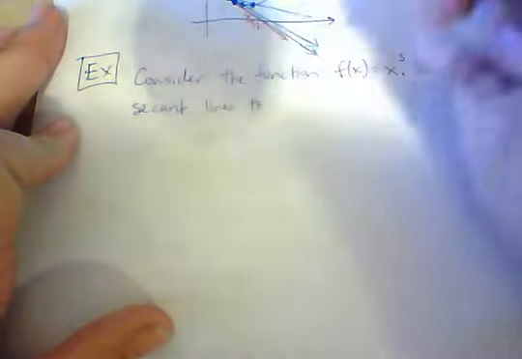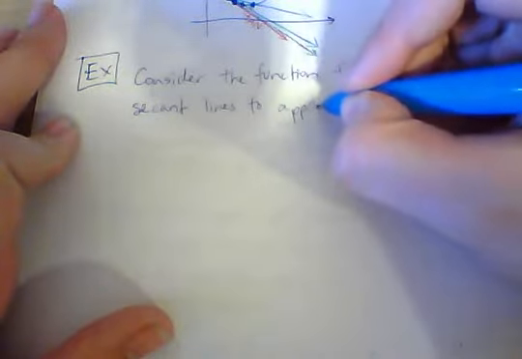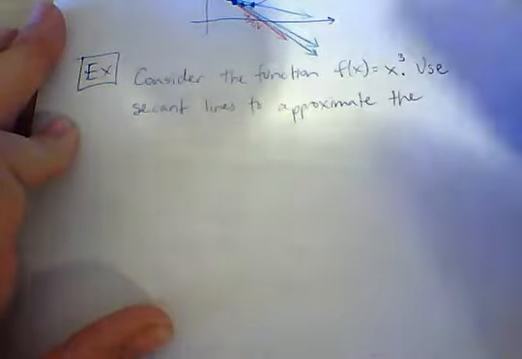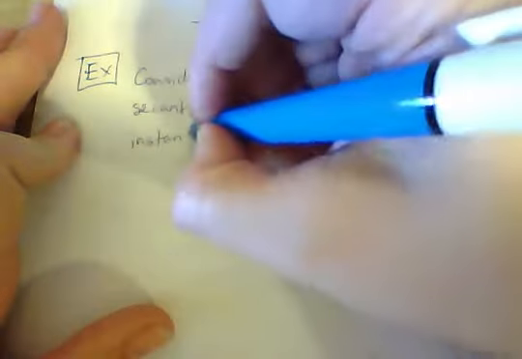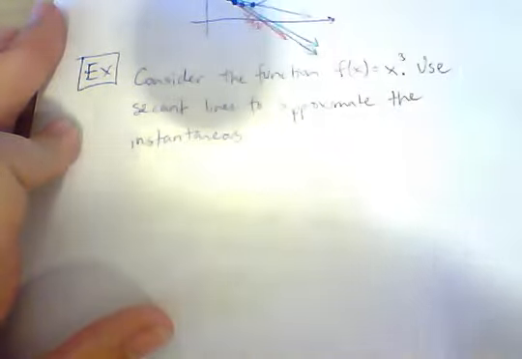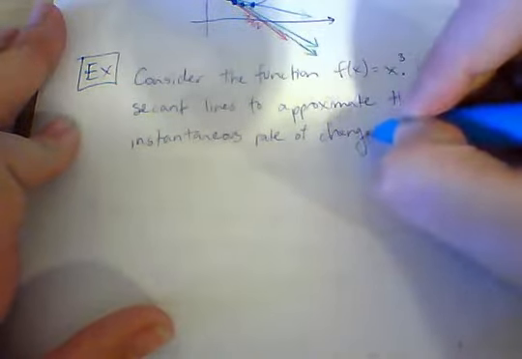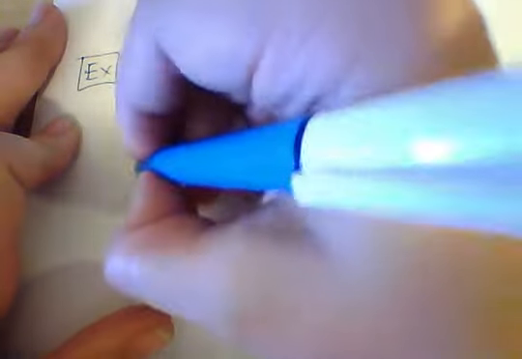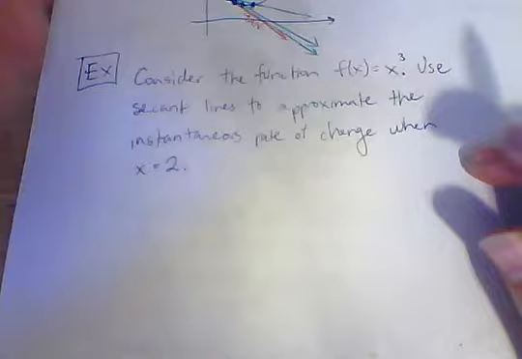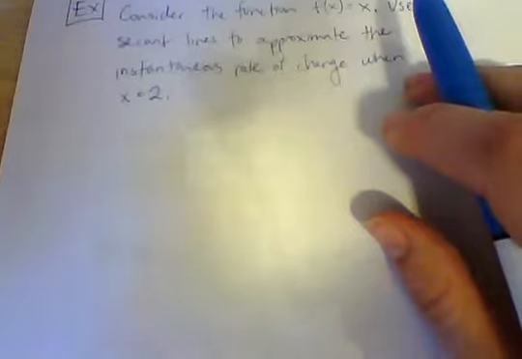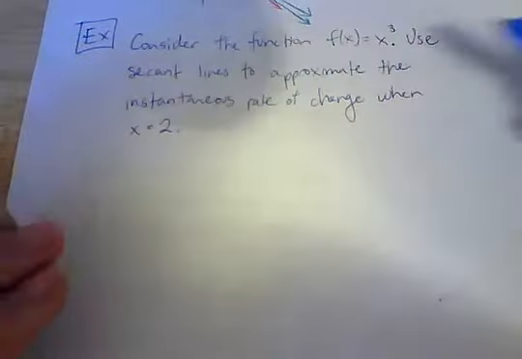Use secant lines to approximate the instantaneous rate of change when x equals 2. All right, so we're going to do exactly what we talked about with creating those secant